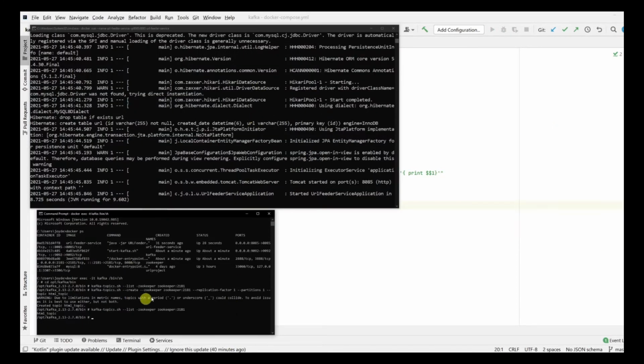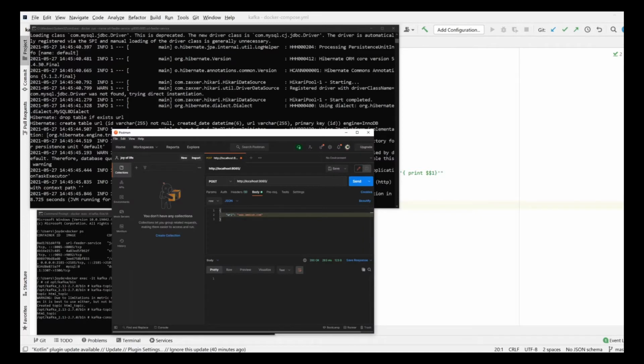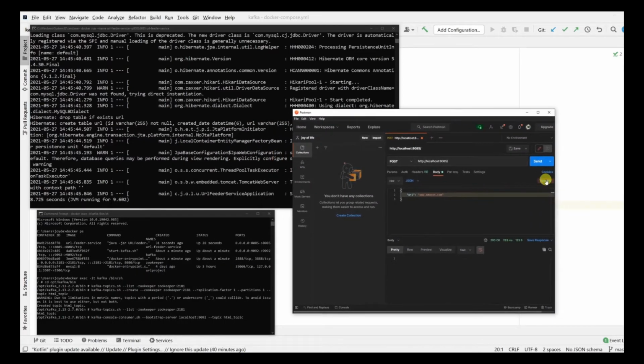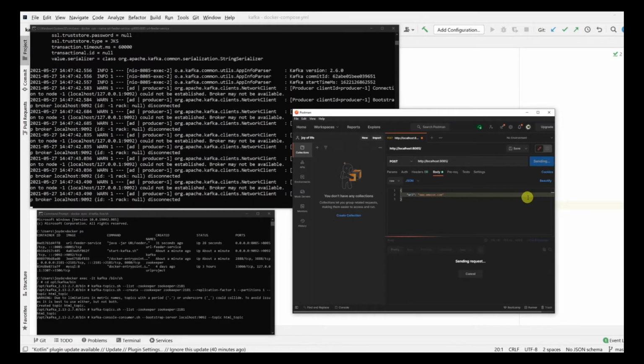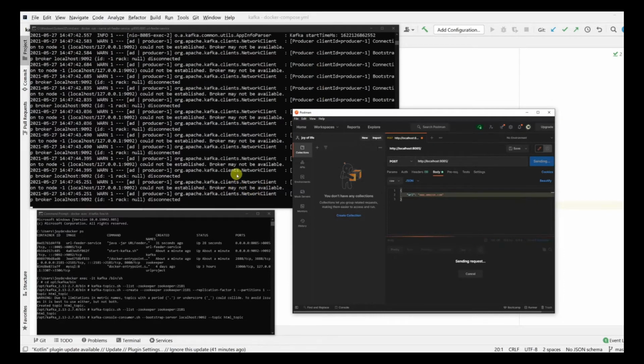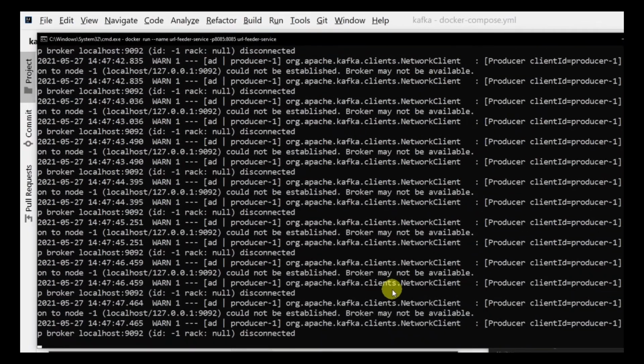So let's try out the application, and here I have the consumer that will start over here for HTML_topic, and let's see what happens. So we'll open up Postman and we will try to send a request. So you can see over here that the broker may not be available. As you see over here, we are continuously getting some errors, right? So we have some problems and we need to address them. So let's understand what the problem is and let's fix it.